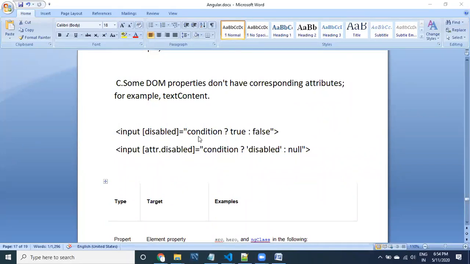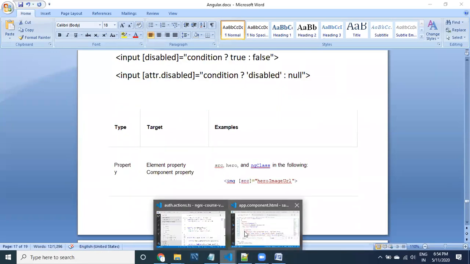If the condition is satisfied, you are providing true, otherwise you are assigning the other value. I will take these two things and then I will explain the HTML.